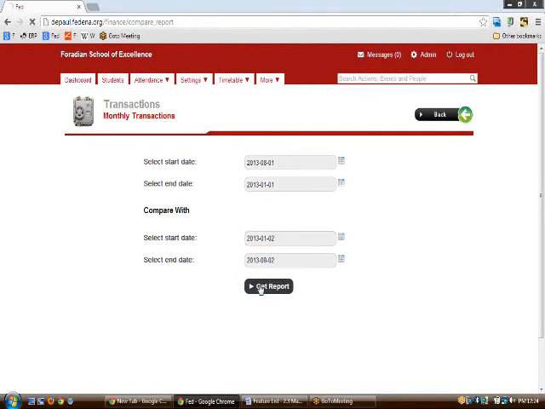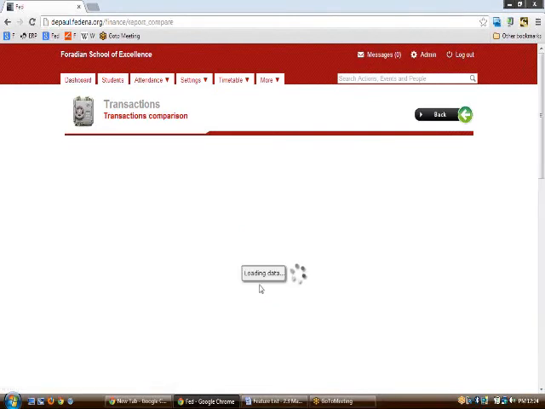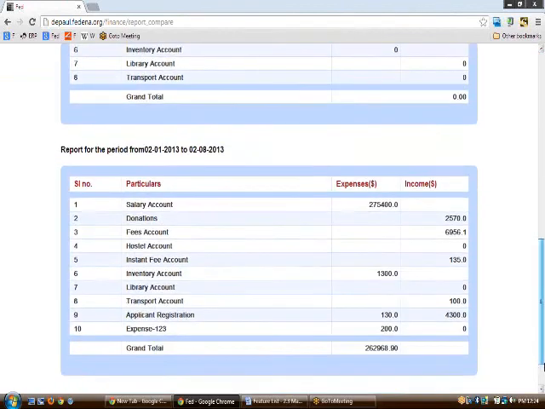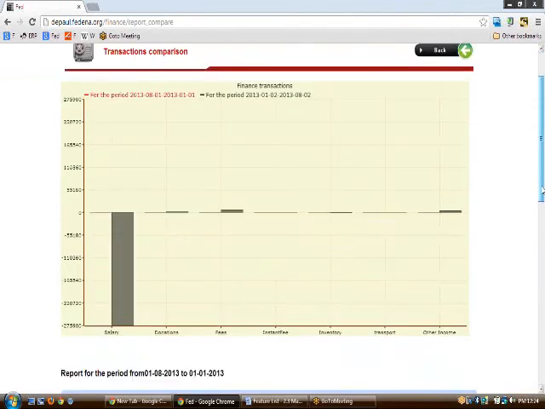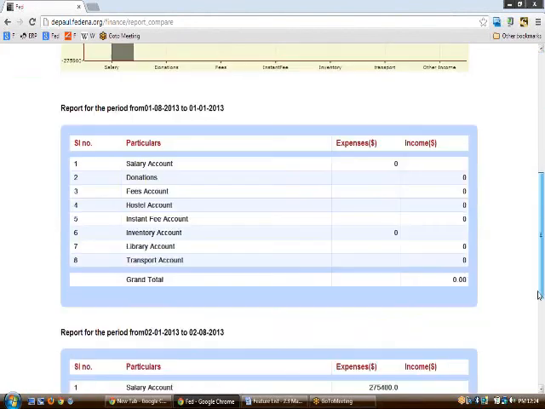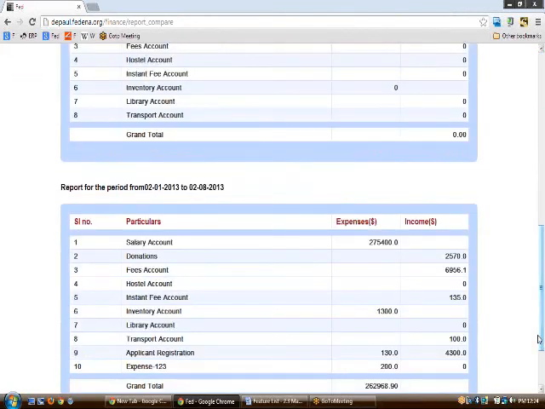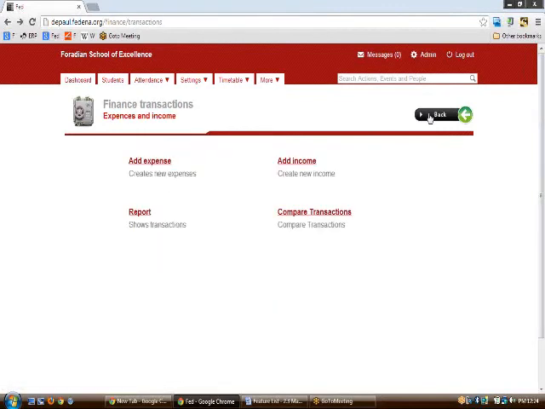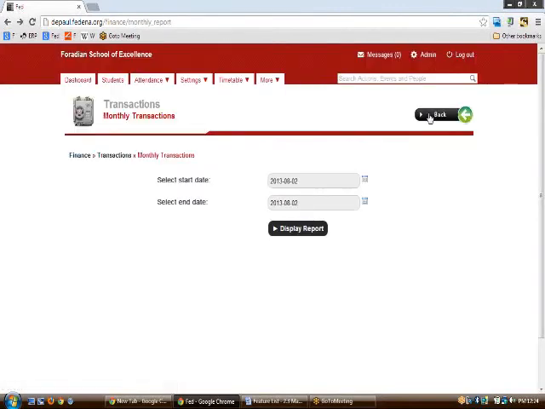So this would give you the graphical and the statistical report of the two eras that you have entered. This would be your transaction shift, or you can monitor the transactions of two different periods from this graph. So this is how the transaction part works.